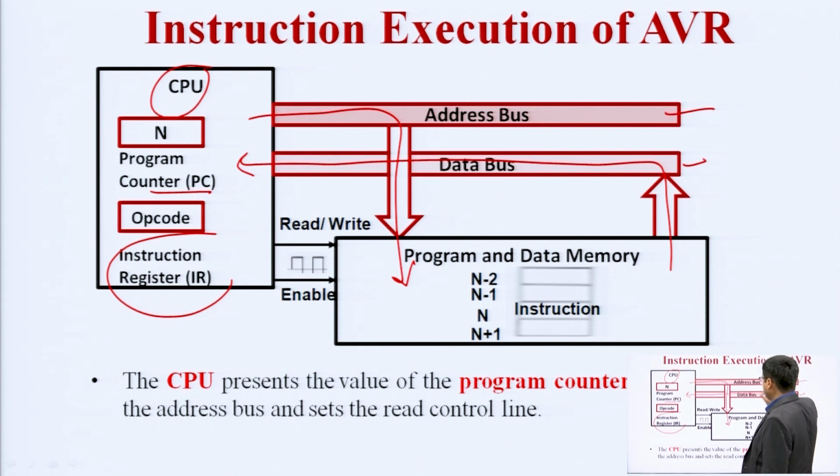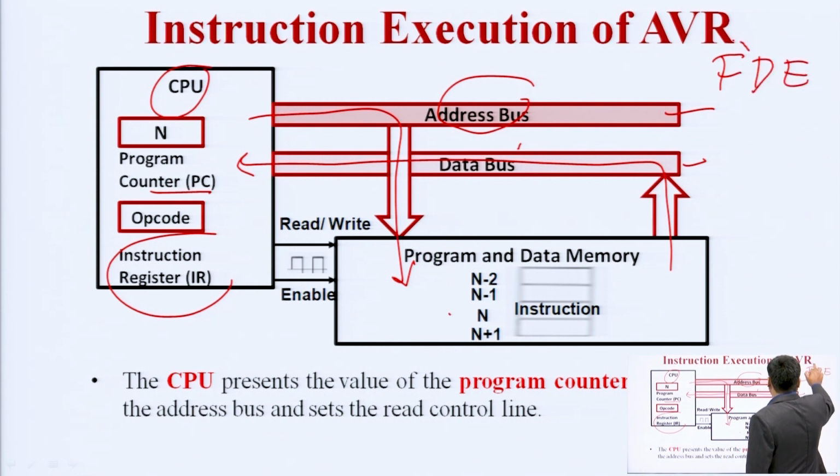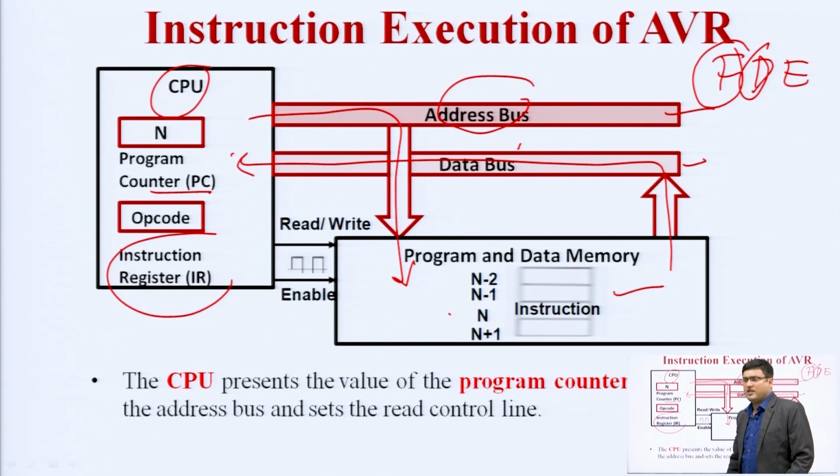The address bus is unidirectional. The CPU places the address of the particular memory segment into the address register. There are three operations in any processor: fetching, decoding, and executing. First the data is fetched from the data memory, it is decoded in this section, and execution takes place according to the instructions.